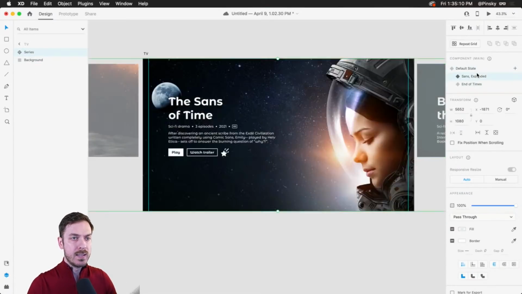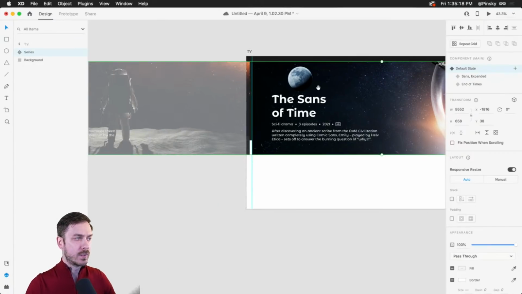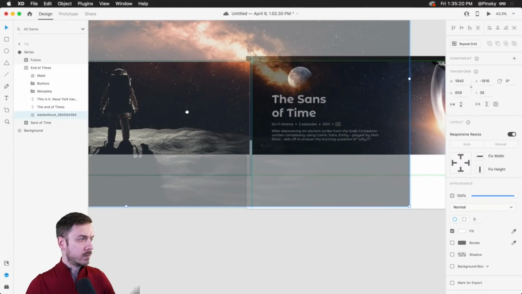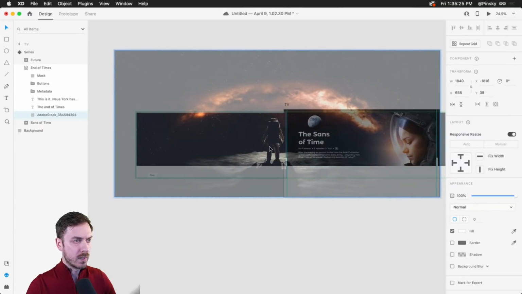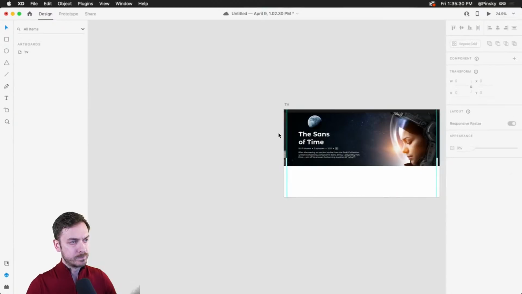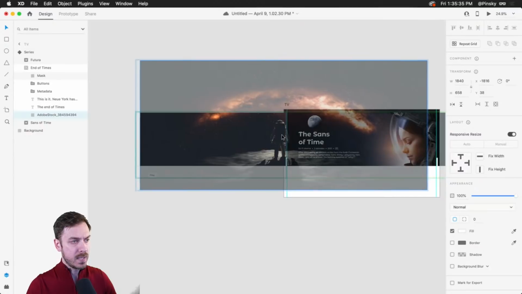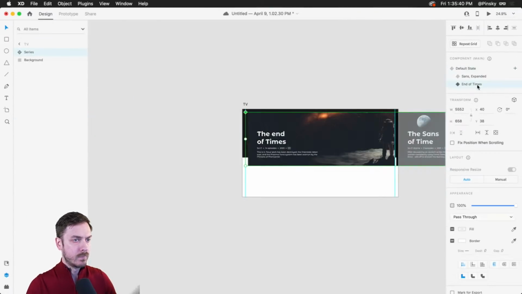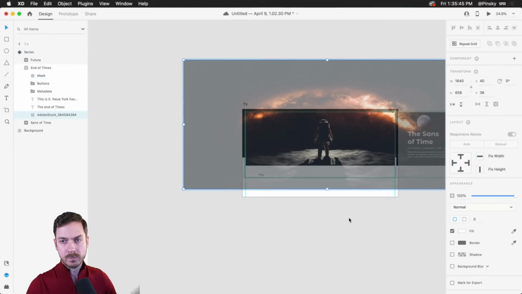That looks pretty good. Now, possibly to give this a little bit more style, what we can do is also animate the mask. So in the default state, I may want to select this image here and possibly move this astronaut over to the right. Maybe make him or her a little bit smaller, right? Just so that we can possibly see a little bit of that astronaut peeking on over. We might need to give it a little bit more room, but that's okay, right? And then end of times in here, we'll want to just put the astronaut back in the middle.